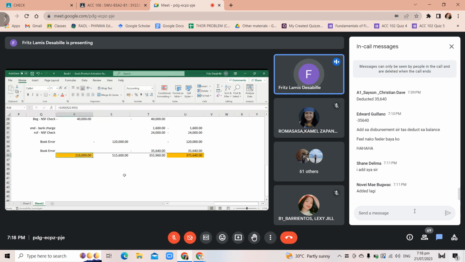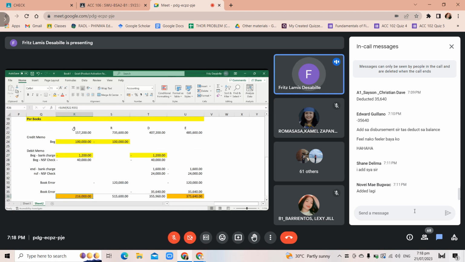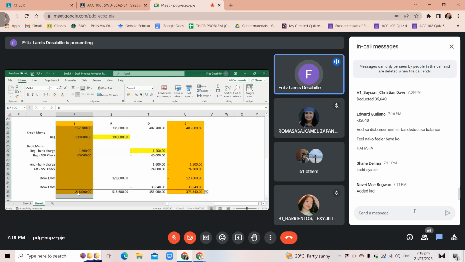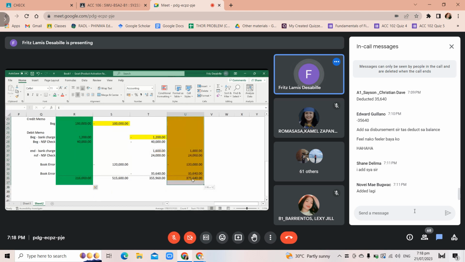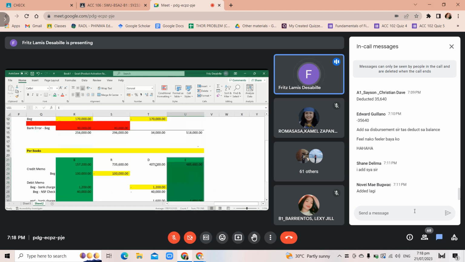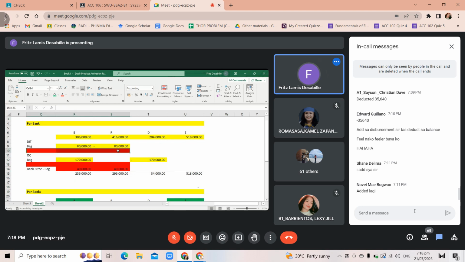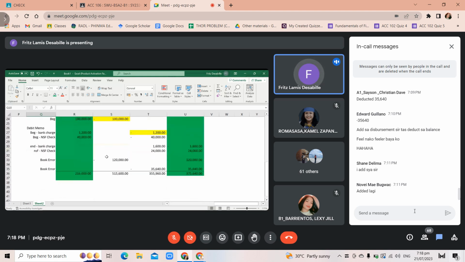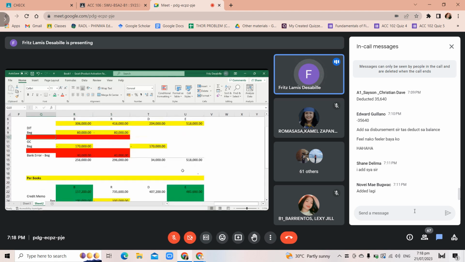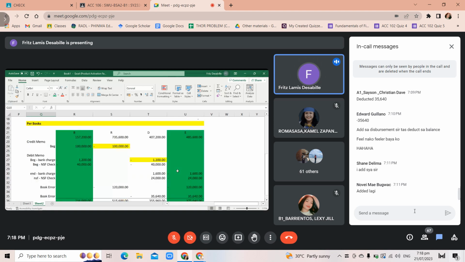But we need to recon this one. Even though our beginning and ending are correct, we have already gotten those. But in order to complete this proof of cash, we need to compute, although it's not part of the question anymore, we can actually identify what the remaining recon items are. Okay. Now,